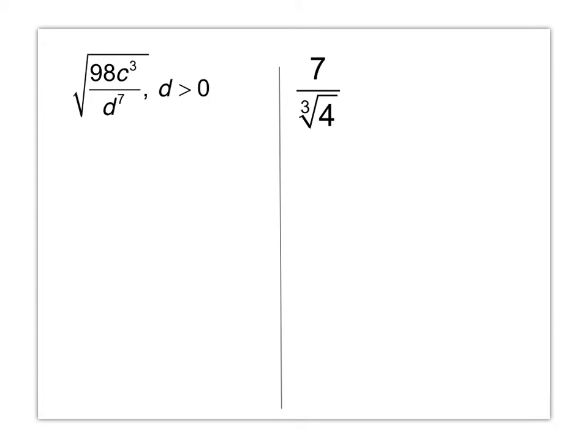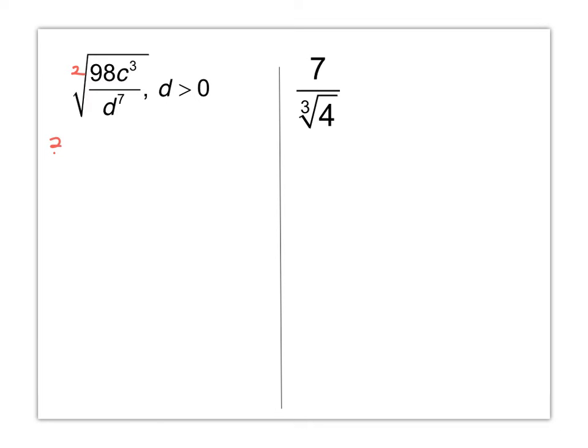Okay, we have the square root of 98c to the third over d to the 7th power. We want to rationalize the denominator by making the denominator a perfect square. Now the denominator is d to the 7th, but our index for this radical is 2, so we want to take out perfect squares. What we can do here is write this as